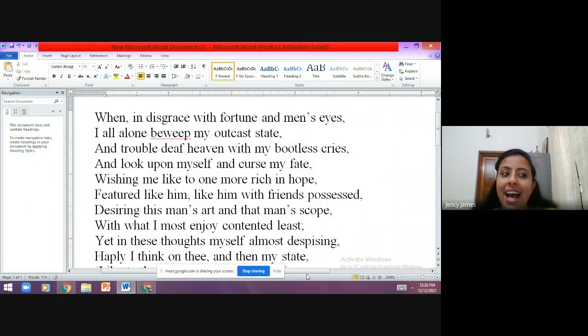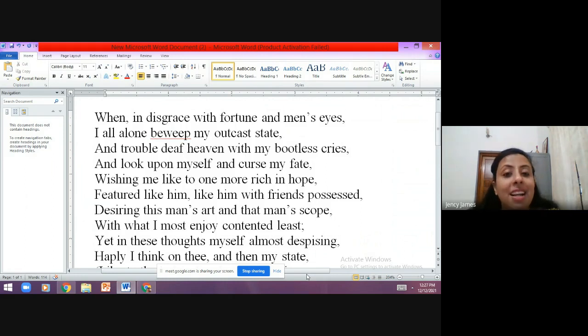All right. And in that sonnet, we have two parts: one is the octave and another is the sestet. Octave means a part which contains 8 lines, and sestet means a part which contains 6 lines. So together it makes 8 plus 6, 14 lines, right? In the Shakespearean sonnet, we have 3 quatrains and a couplet. What is a quatrain? A quatrain is a stanza which has